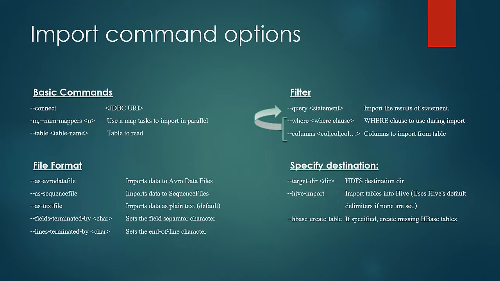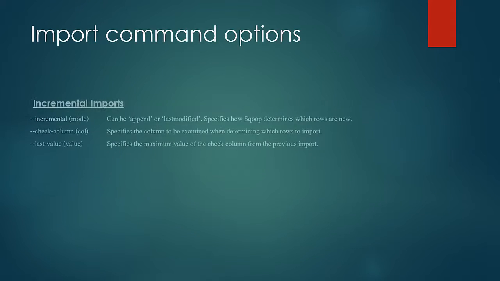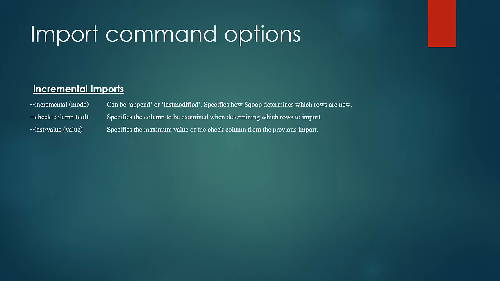When using Sqoop in practical scenarios, a lot of time you would see incremental imports are needed. There would be a data source which would accumulate the data, and we would need to transfer the newly accumulated data to a specific location in HDFS. There are two modes in which the incremental imports can be done, and that is specified using the incremental argument. First mode is the append mode, and the second mode is the last modified mode.